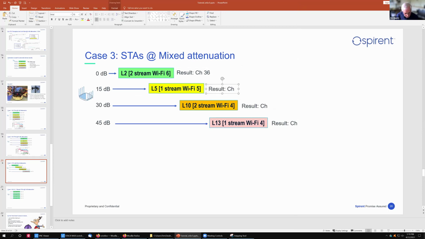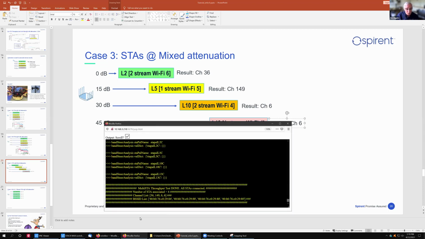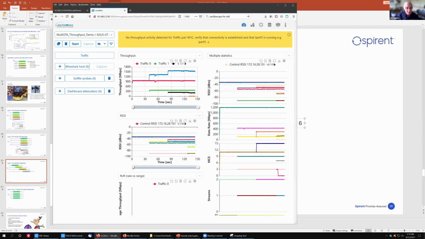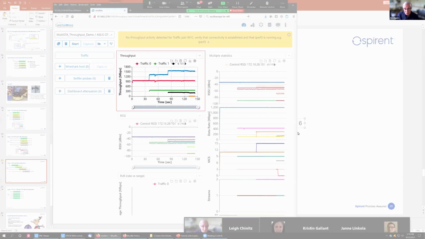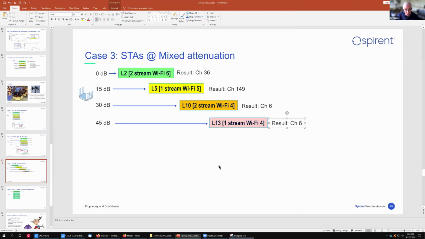The next most capable station also went to a separate 5 gig radio, and then the slower stations went to channel 6. I would call this a good, intelligent outcome, that the router made good decisions this time. But why it made those decisions, again, there's nothing particularly magic about the attenuations that I chose.